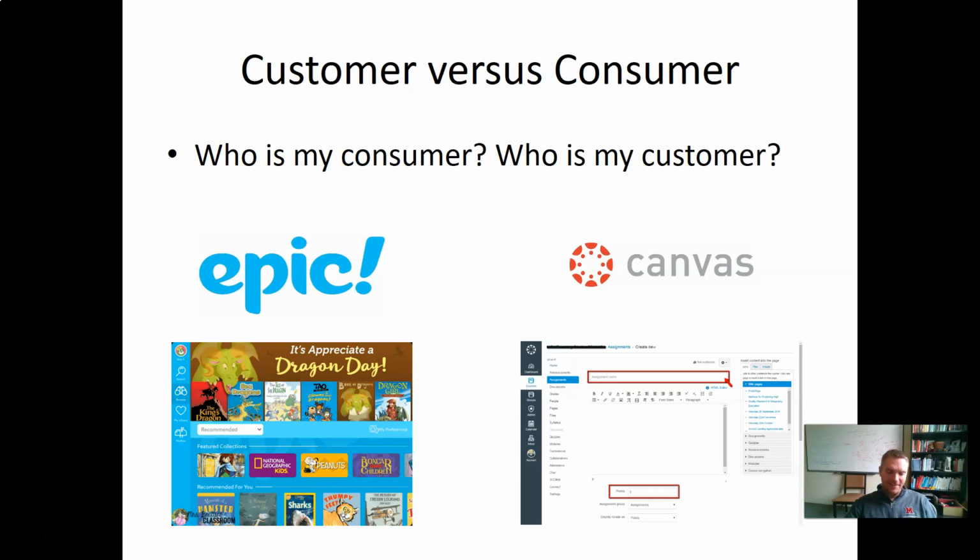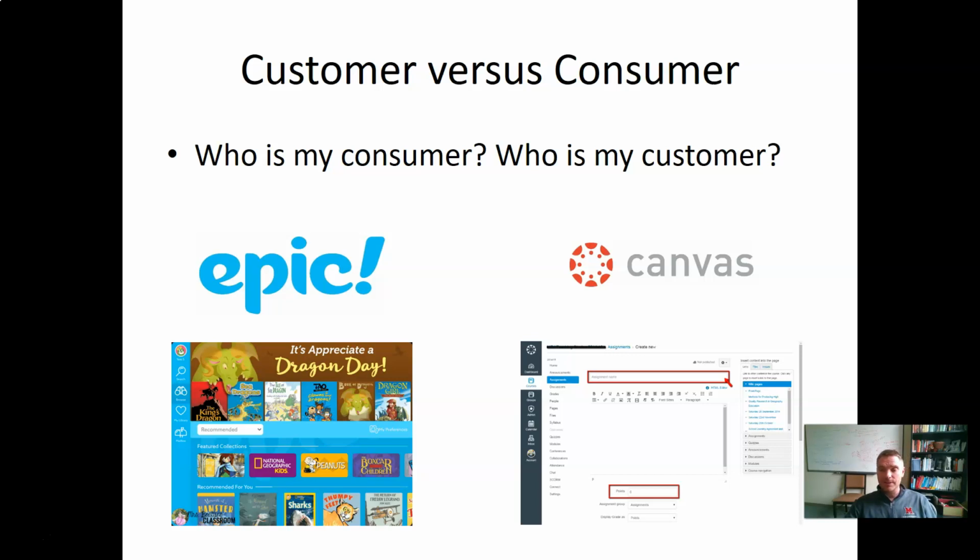When I clicked a button that says I'm a grown-up, a new window popped up that says, prove you're a grown-up, what's 11 plus 14 or something like this. And then they want you to purchase a subscription to this app. So in this case, the consumer is my son. The person who's actually going to use the product or service is my son, but the customer is me. That's an important distinction to make as you're thinking about your venture. In some cases, the customer and the consumer are the same person. In that case, you don't have to worry about it much. It's fairly simple. But in other cases, you'll have a very distinct customer and consumer.